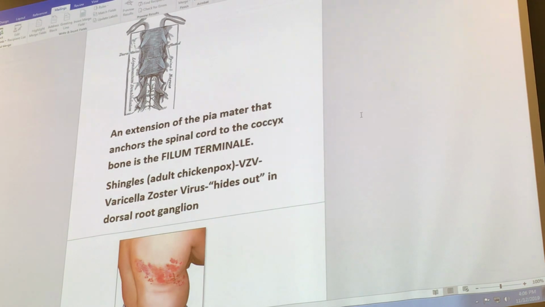And you do it down low so you don't stick the spinal cord, as I said, if you accidentally go too far. Okay, so